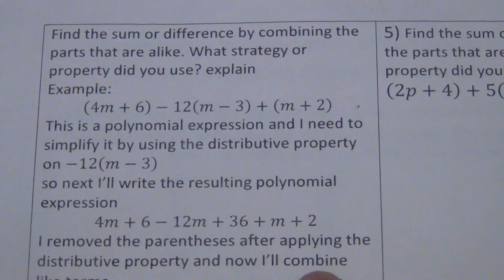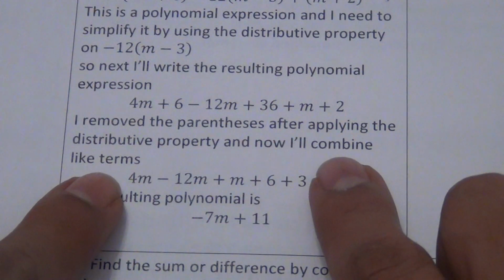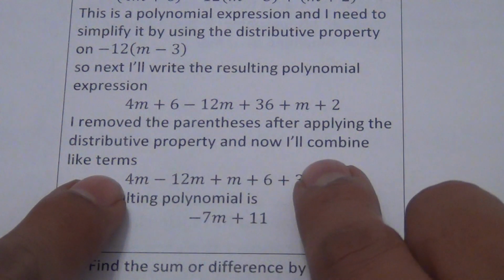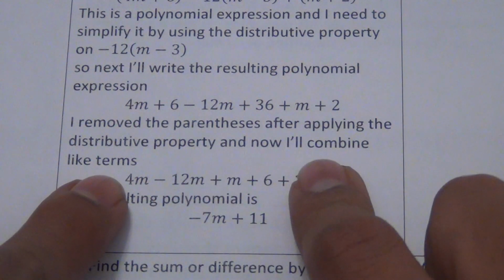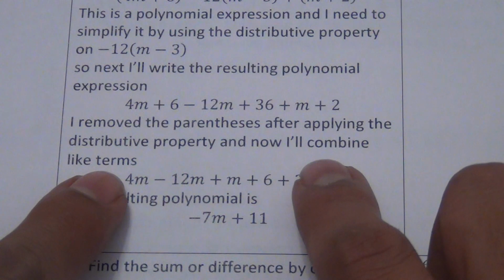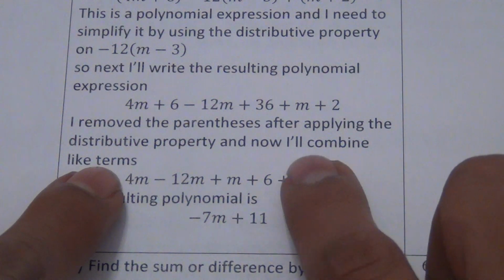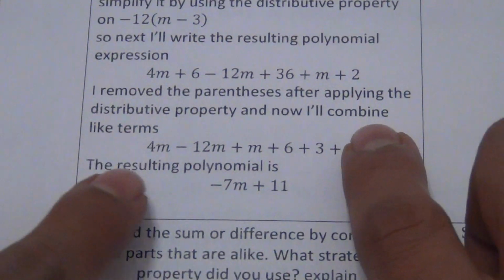combine like terms. Now when I say I'll combine like terms, I can also say now I will use the commutative property to group like terms together. So you see, that's another way. I'll use the commutative property to group like terms together. So then when I use the commutative property, what do I get? Look,